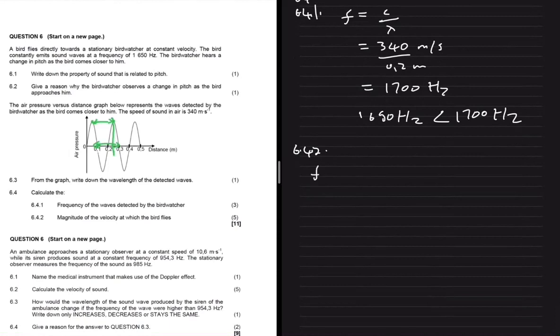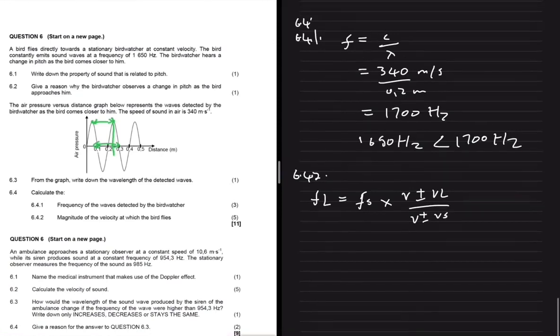Which is given by the frequency the listener observes equals the frequency of the source multiplied by the velocity plus or minus VL divided by V plus or minus VS. The frequency observed by the listener is 1700. We calculated that in 6.4.1. So we're just going to go ahead and put that in. So that will give us